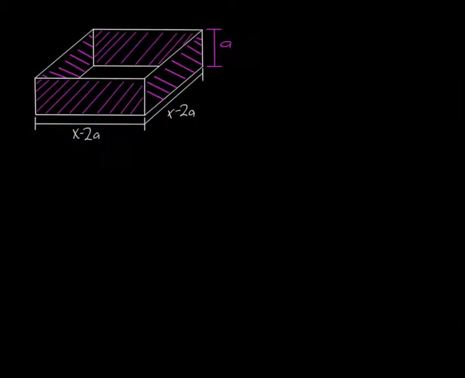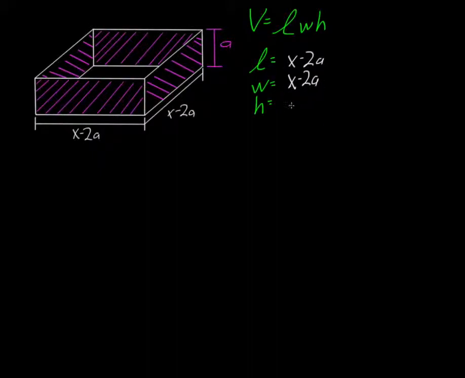Okay, first off, we have to come up with an equation for the volume of our box. So if you remember, the volume of a rectangular prism is simply the length times the width times the height. In our case, our length was x minus 2a, our width is also x minus 2a, and our height is a. That gives us an overall volume of x minus 2a